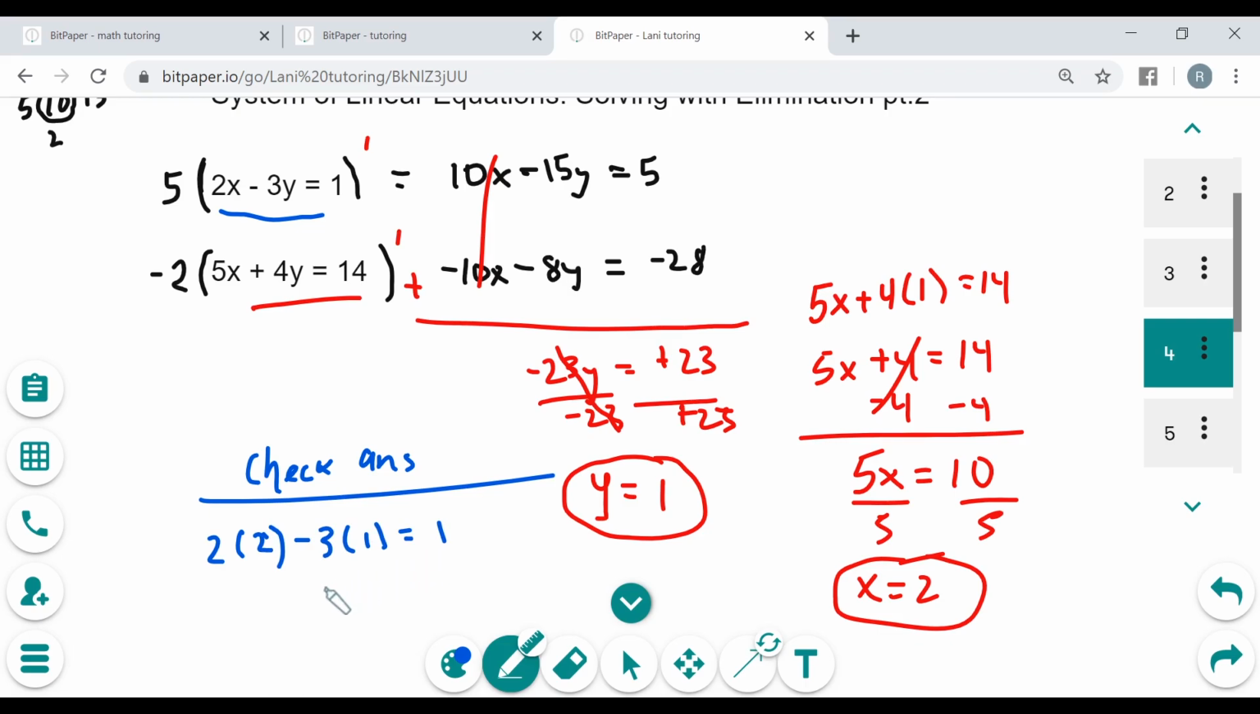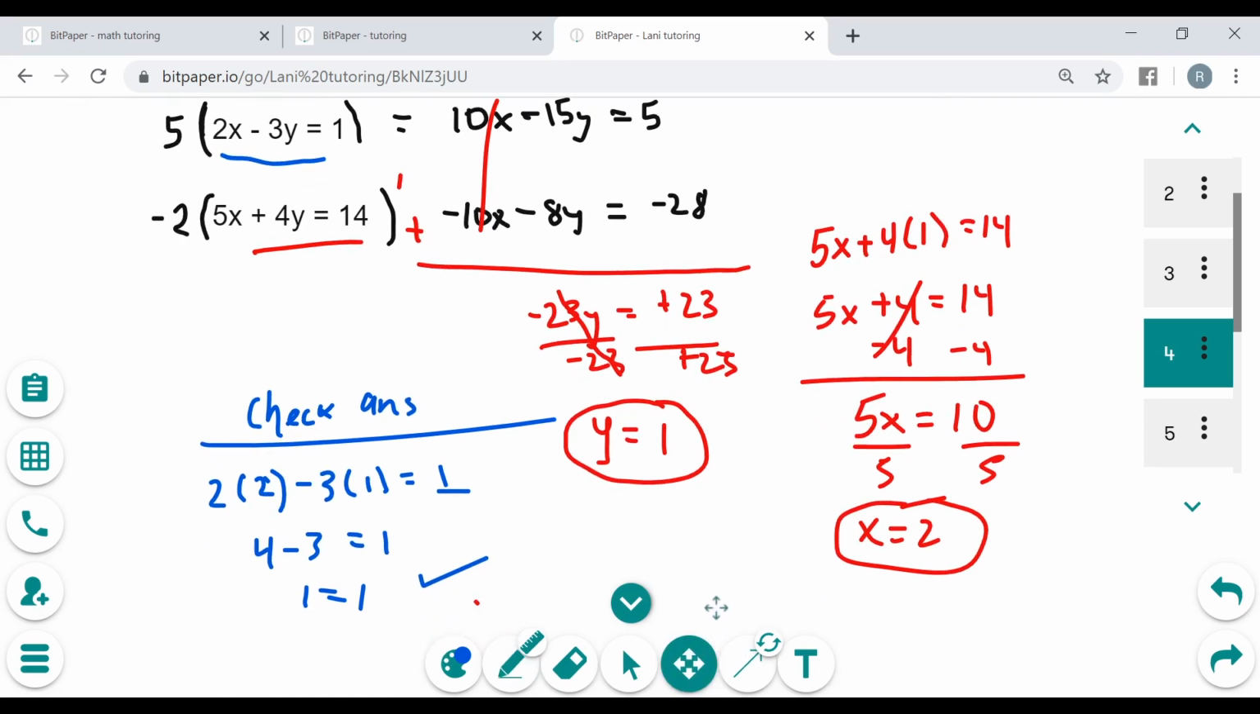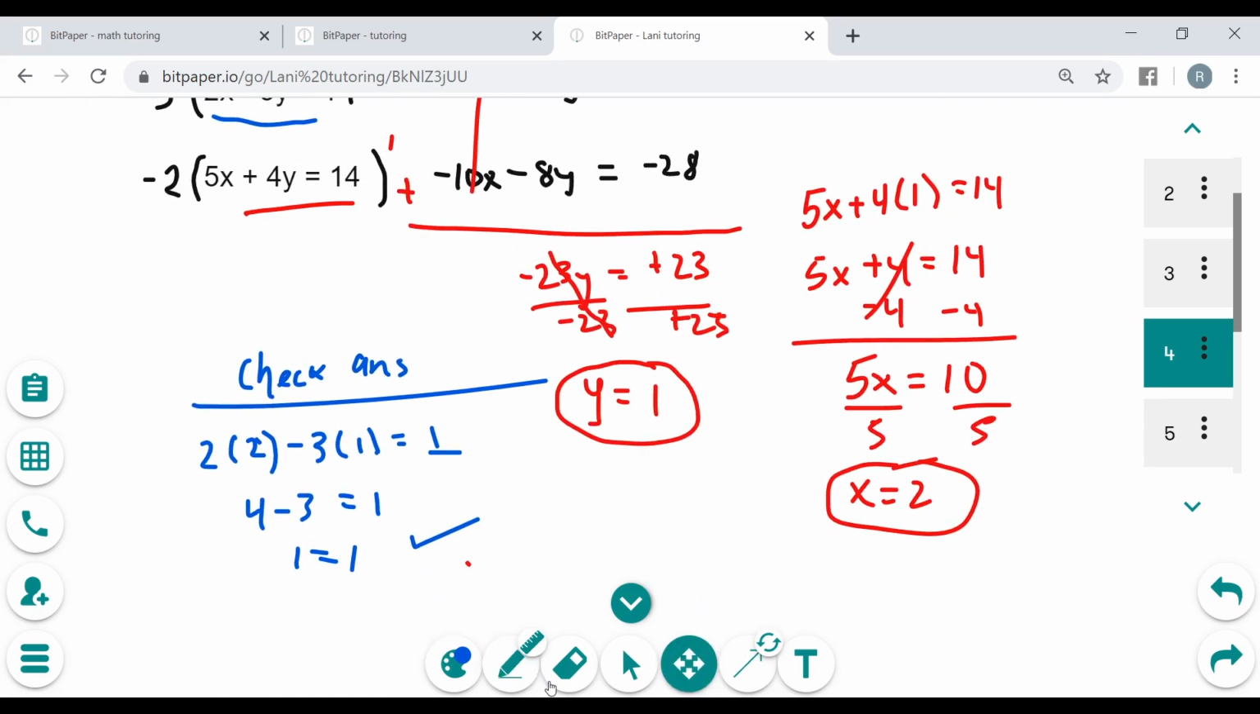So here's the thing. When you substitute these two answers that you got, whatever you get on this side should be equal to this. So whatever we get should be equal to 1. So let's see. 2 times 2 is 4, minus 3 times 1, which is 3, equals 1. Well, 4 minus 3 is indeed 1. 1 equals 1, so this is good. So that's how you know your answer is correct. I just wanted to show that really quick in case you had some doubt about your answer,